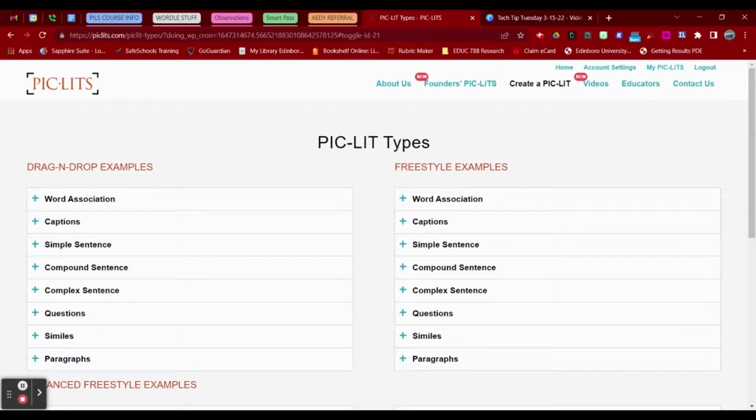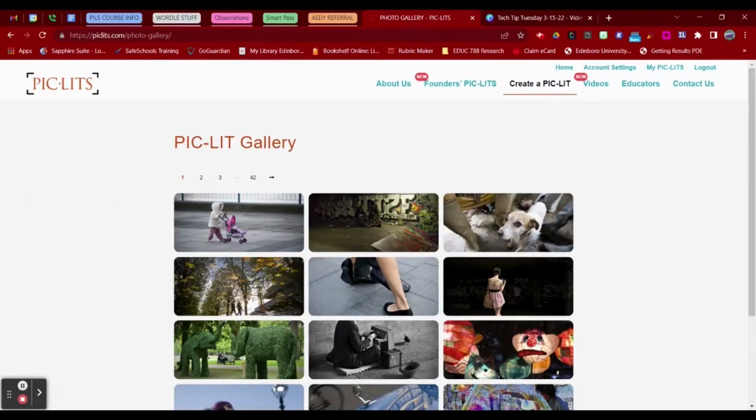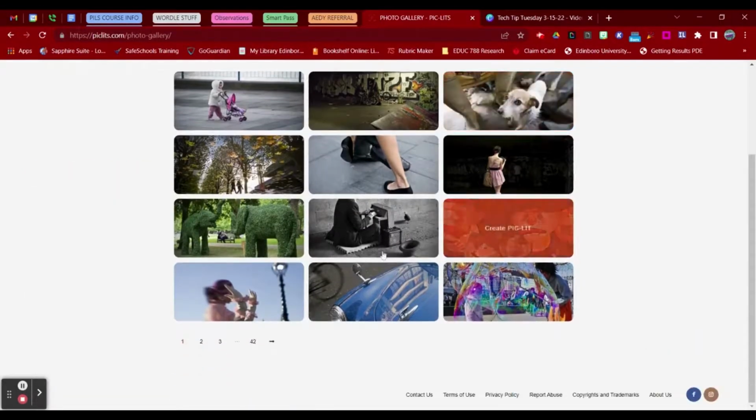Some of the most important assignments that I did back when I was in junior high or high school, I loved caption contests where the teacher asked you to come up with the best 10-word caption for this photo, trying to be powerful. So what you could do, you could go to create a Picklet, choose a photograph. And again, Pic-Lits has an awesome gallery of built-in